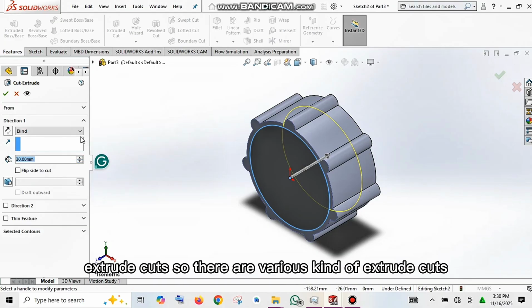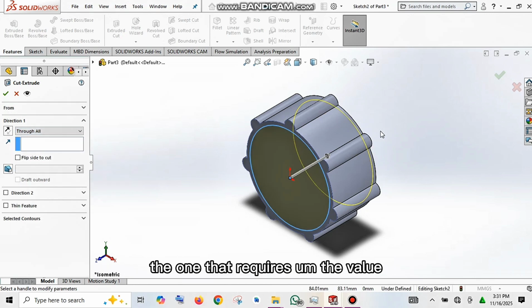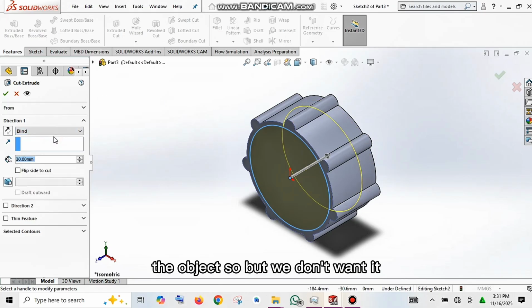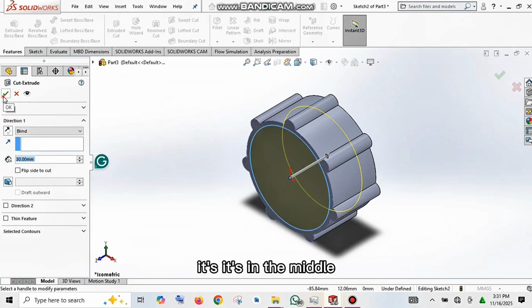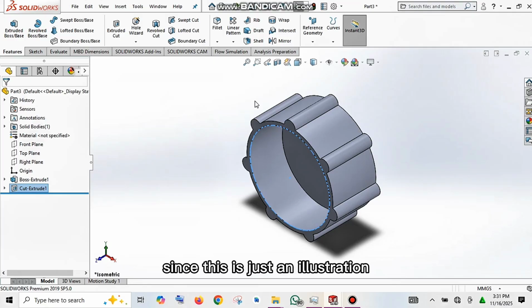Then you see the extrude cut. So there are various kinds of extrude cut. The blind extrude cut is the one that requires the value. So through all means that it should actually pass through the other side of the object. But we don't want that, we just want a blind extrude. So then we'll leave it at this very area. It's in the middle. That's not a true hole, so you can just press OK, since this is just an illustration. Then with this we have a cut on this very